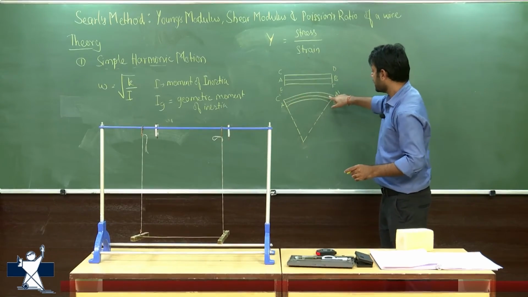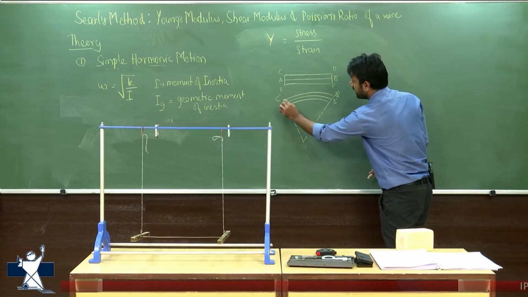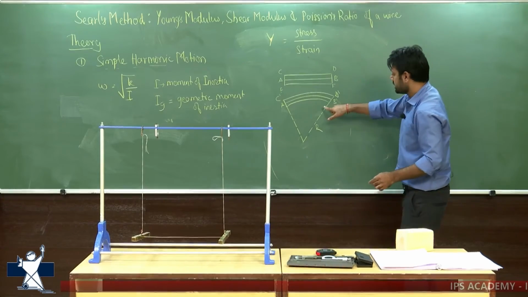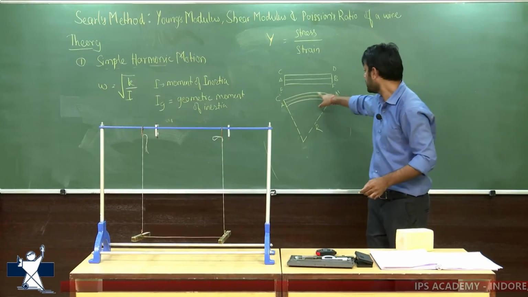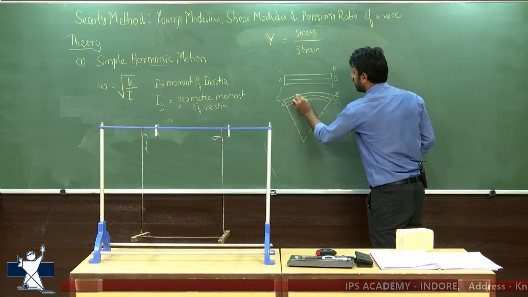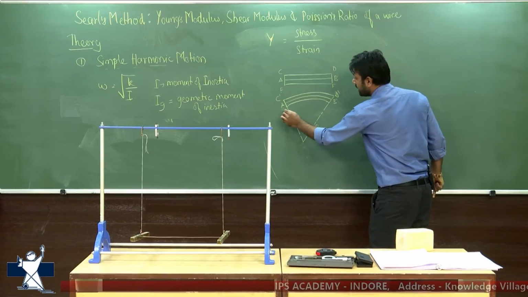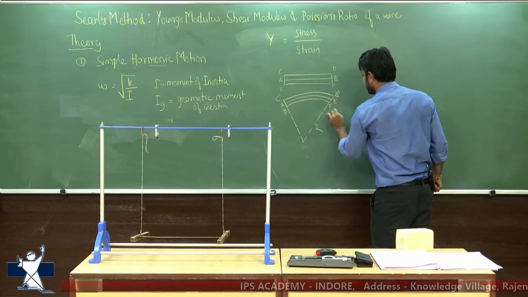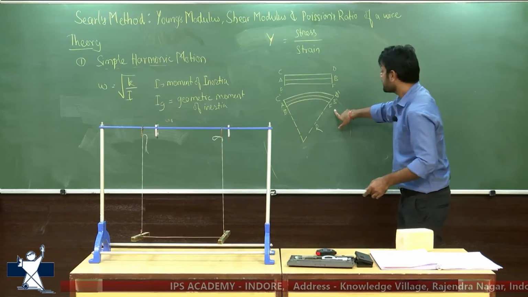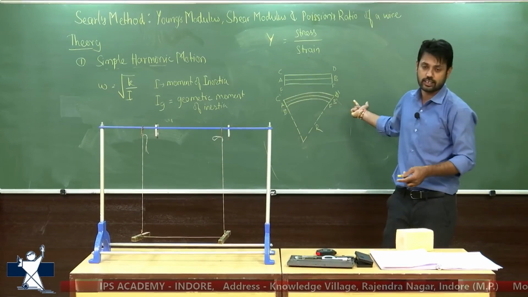The length will be more than CD. You can see this by the radius. Assume that this is a circle, a whole circle, and this is your radius R. Now you can see that the more the radius is, the more the circumference will be, right? The length of this arc will increase as we increase the radius. So the length of E dash F dash is less than C dash D dash, right? And the length of E dash F dash is less than A dash B dash, and the length of A dash B dash is less than C dash D dash, right?